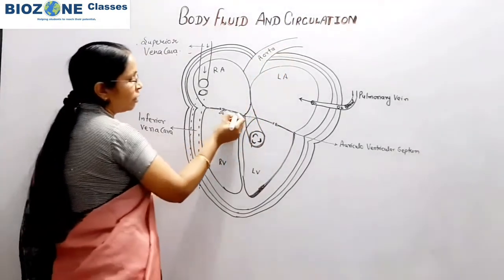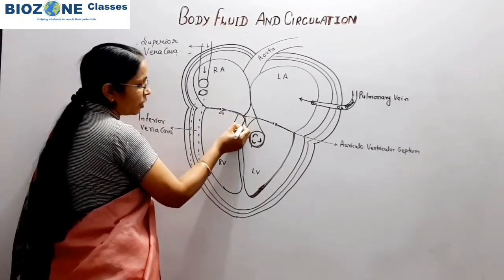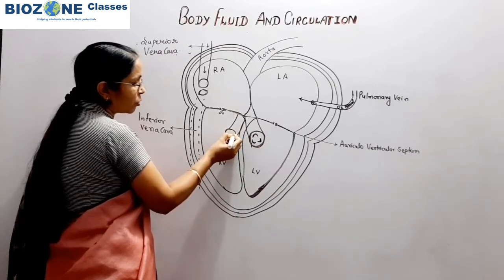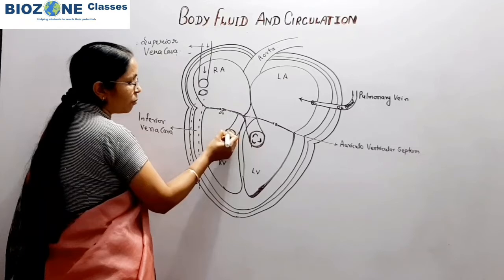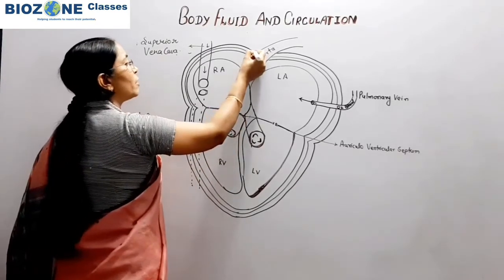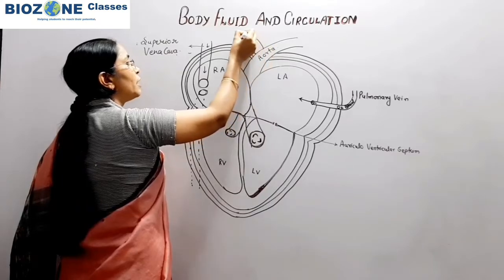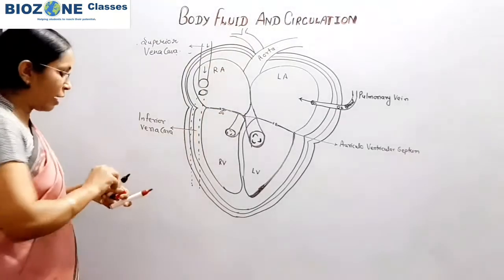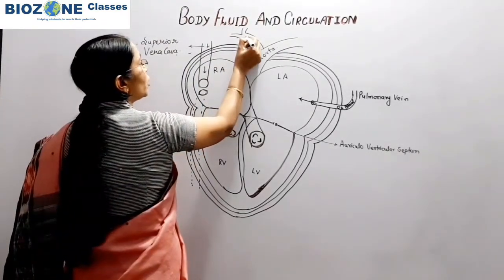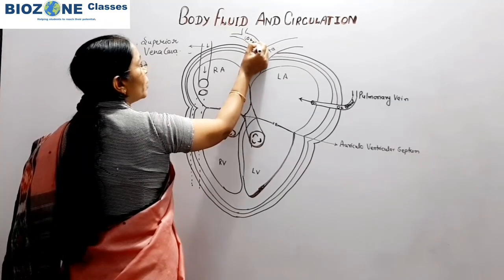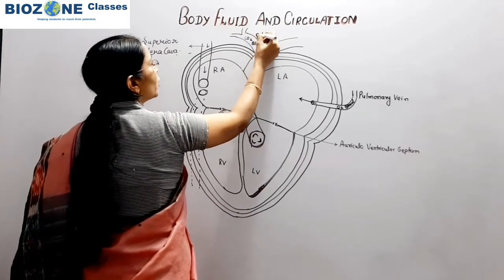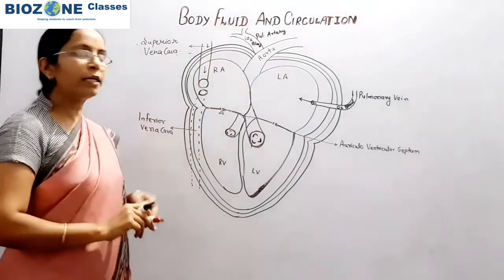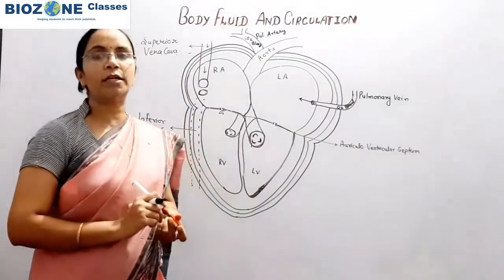Similarly, in the right ventricle, the pulmonary artery is developed from the right ventricle, and in this pulmonary artery the deoxygenated blood of the right ventricle is poured. From the right ventricle the pulmonary artery immediately divides into the right pulmonary artery and left pulmonary artery, and it carries deoxygenated, carbon dioxide mixed blood. So you remember, the pulmonary artery carries blood away from the heart, that is, from the heart it carries deoxygenated blood towards the lungs.